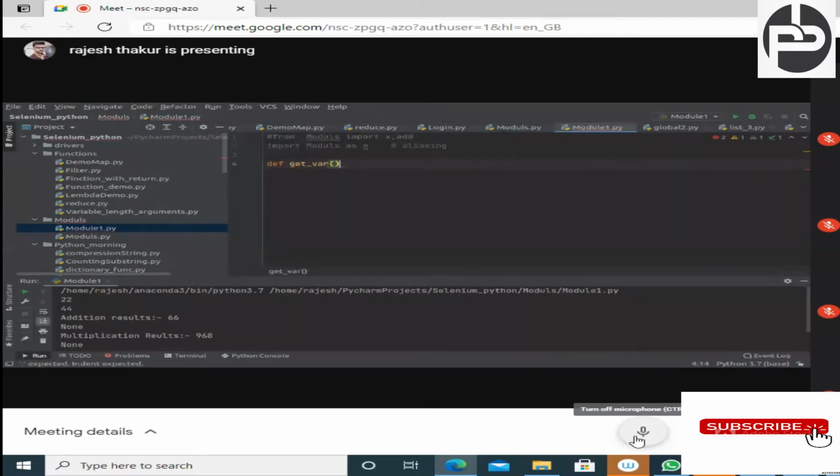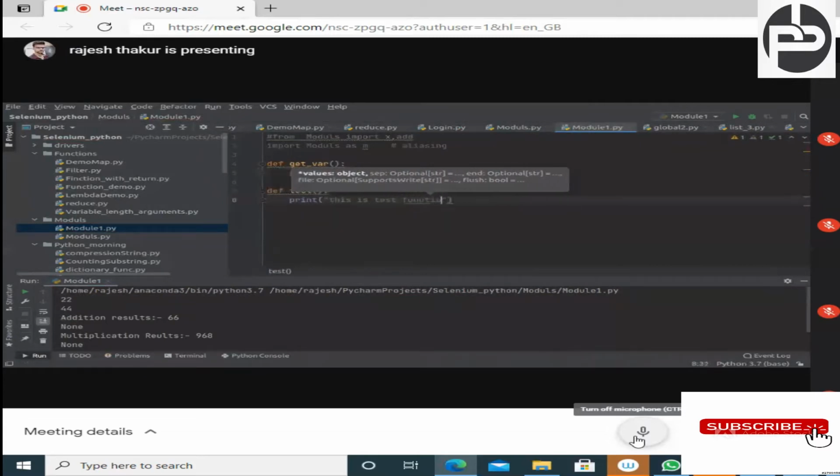here, we are writing a print statement, and inside the print statement we are calling the dir method. This is the directory method, and you can call this directory method. And what it does, just try to understand. I'm going to create one function like def test function, and inside the test function I'm writing print, this is test function. That's all.